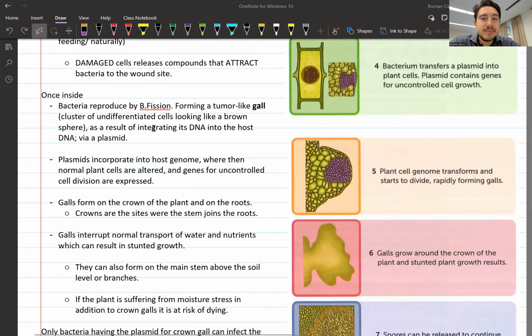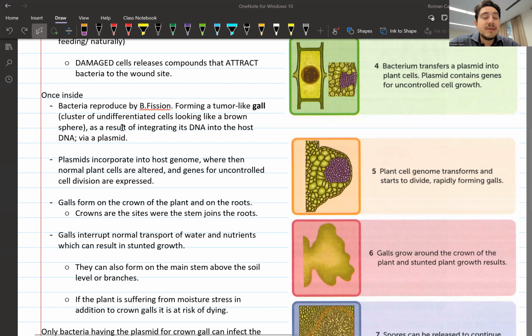And once the bacteria gets inside, of course, it needs to reproduce. Generally, it reproduces asexually by binary fission, which you guys are familiar with. And ultimately, that constant reproduction, you start to form what you guys already know as a gall, right? This cell mass of undifferentiated cells, but this is formed because of the bacteria sending its DNA, not necessarily the